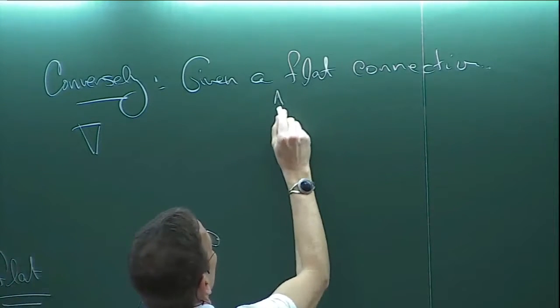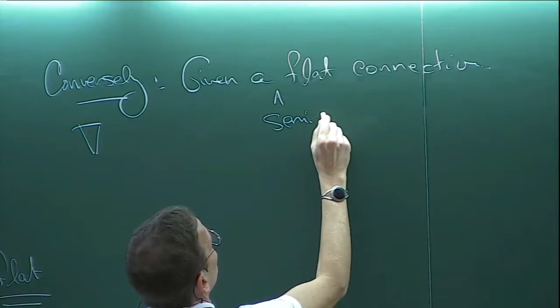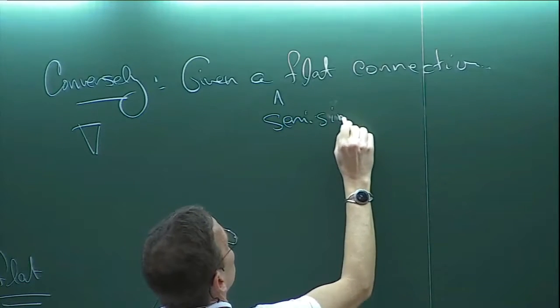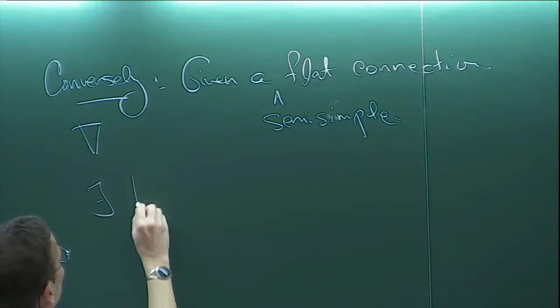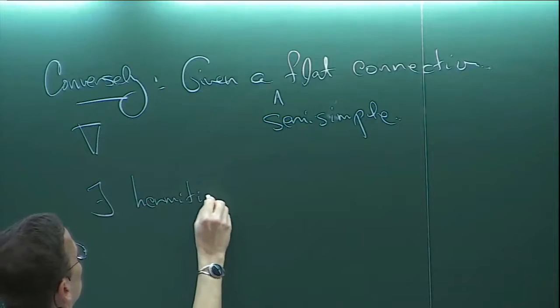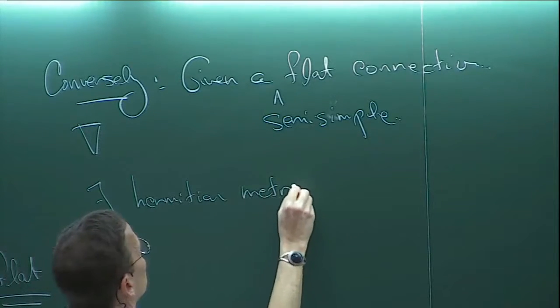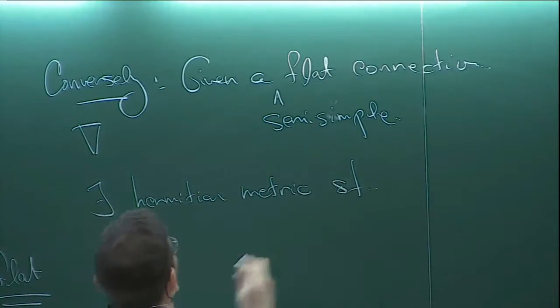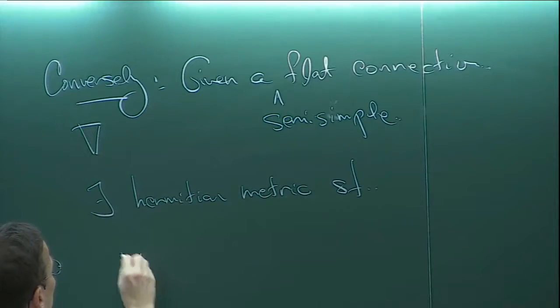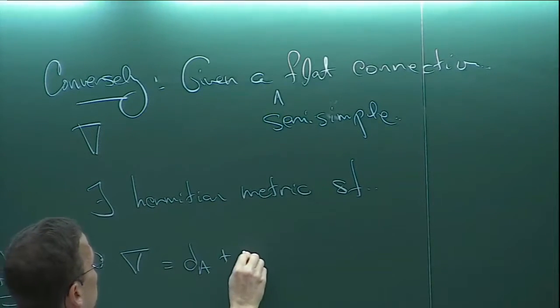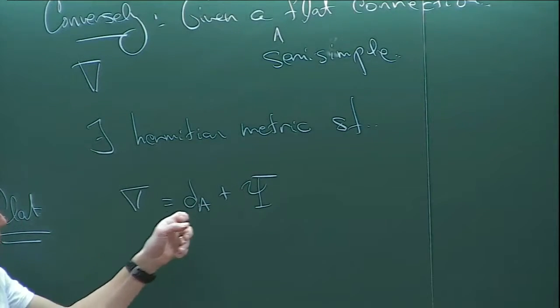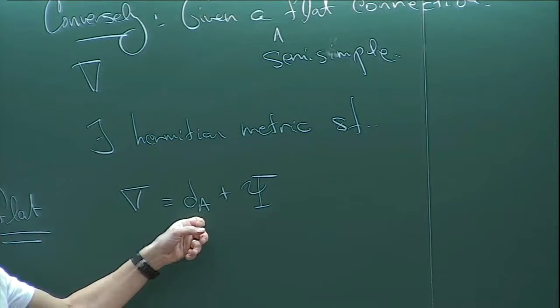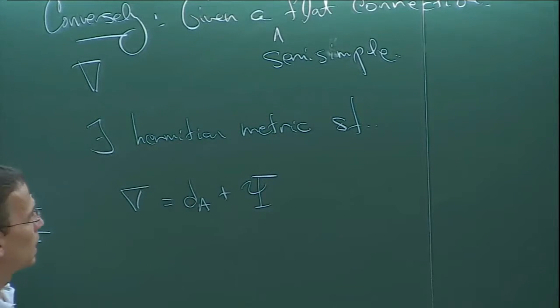So given a semi-simple representation or flat connection, then there exists a metric such that when I write nabla as d_A plus psi, so this is simply the Hermitian piece of the connection, and this is the unitary piece of the connection, which I can do whenever I have a metric, and I let